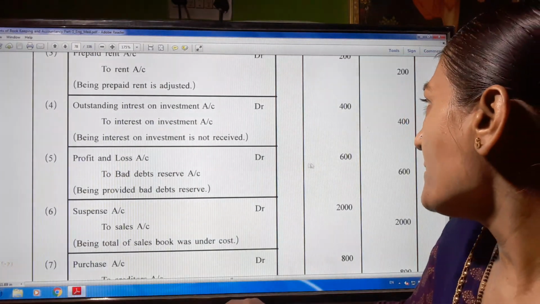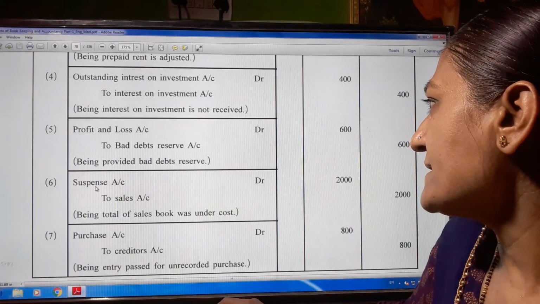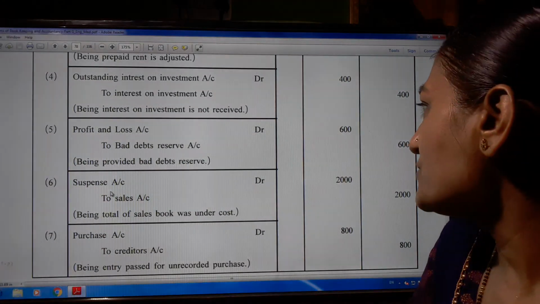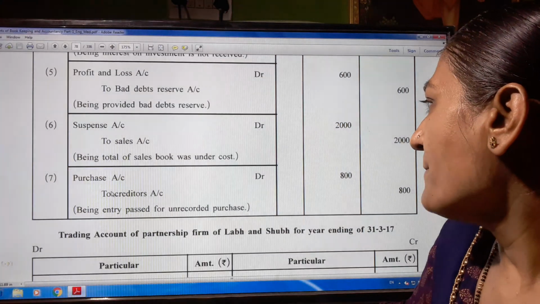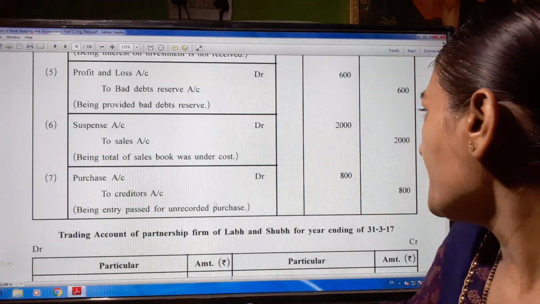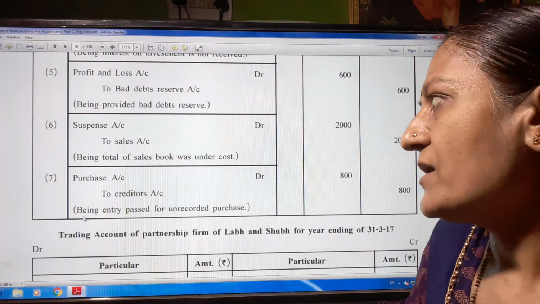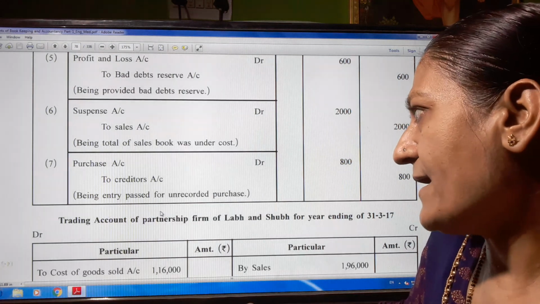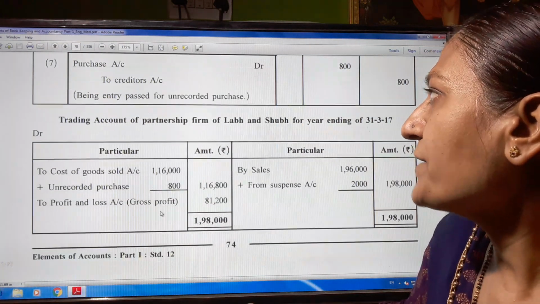Profit and loss account debit 600 to bad debt reserve 600. Suspense account debit 2000 to sales account 2000. Purchase account debit 800 to creditors account 800. This way all the adjustment entries are passed. Now the trading account, revised